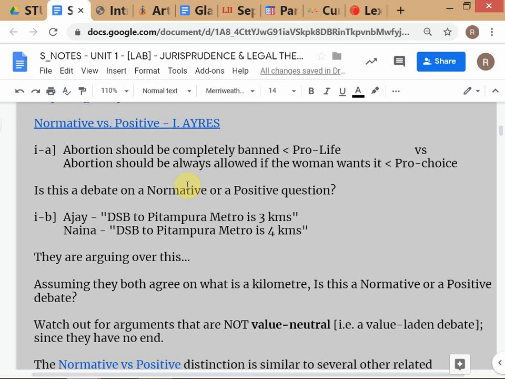It would have been more fact based. So is this clear? When you see these debates, don't get involved in them, because you might notice that many debates in your life that you get into are actually not value neutral. It's a waste of time, because you can argue till the cows come home and nothing will ever be resolved. Yes, what is the question?